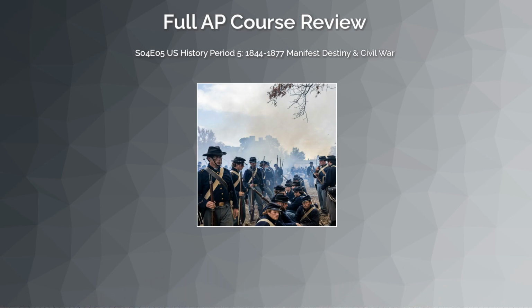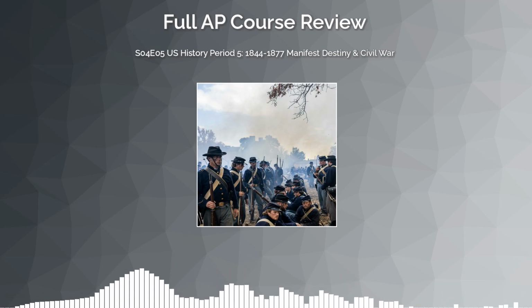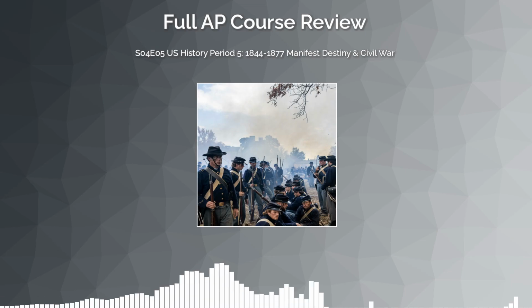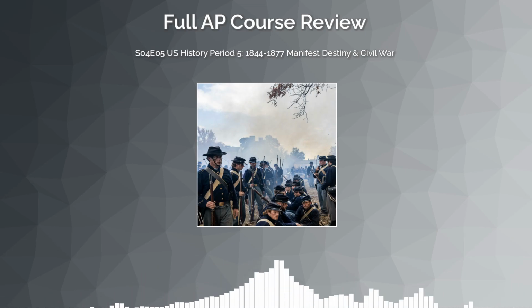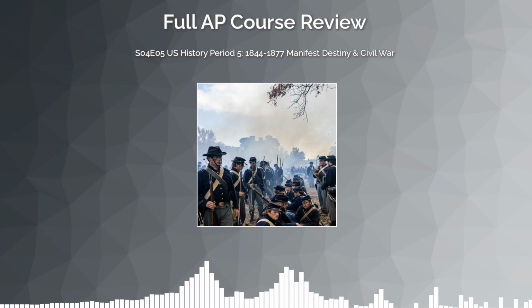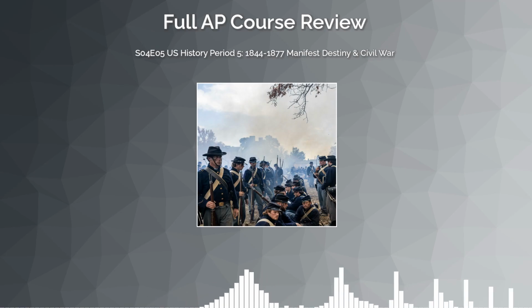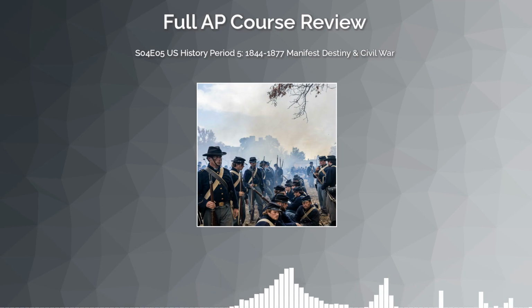Buchanan's paralysis and the Crittenden Compromise. While all this was happening, lame duck President James Buchanan sat in the White House doing essentially nothing. He declared secession illegal, but also claimed he had no constitutional authority to stop it, a position that satisfied absolutely no one. It's a bit like a referee declaring a foul and then walking off the field.